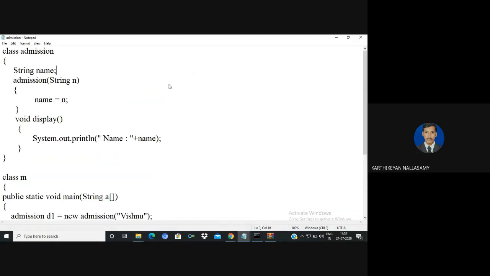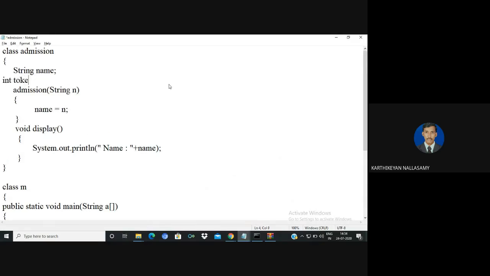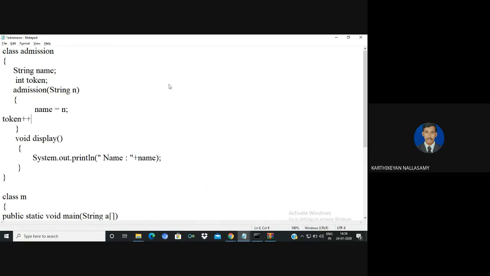So now I'm going to create a token. If I create it like that, it is a normal variable, so it is very difficult. To see that, I will say token plus plus, because you know that a constructor will be invoked when the object's memory location is allocated. So when the constructor runs, it means they have come inside the bank, and I'm going to display that token number also. Token number equals token number. Now the token number is there. So now I'm going to run my program.